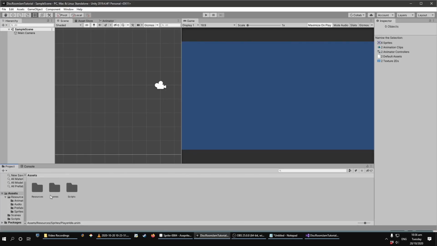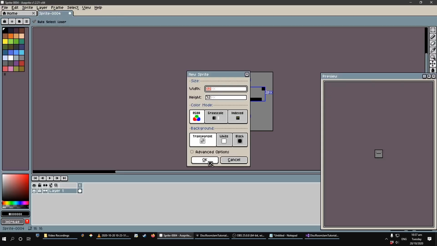So as you can see, I laid out my Unity folder structure like this. I have resources, scenes, and scripts. In resources, there's animations, audio, prefabs, and sprites, and they are all empty. Scenes just has the scene I'm working with, and scripts is empty as well. So we're just gonna make a player